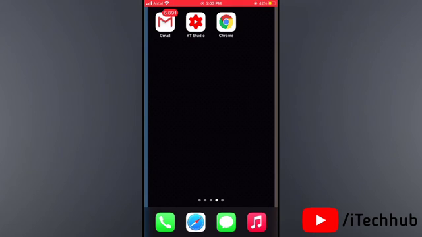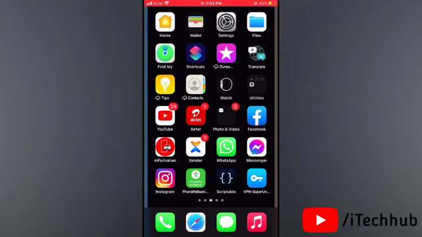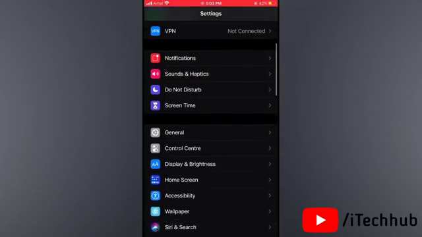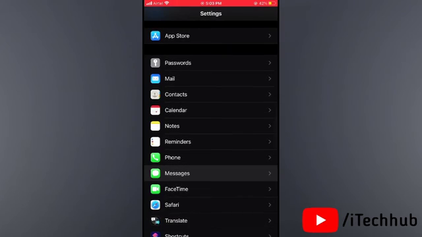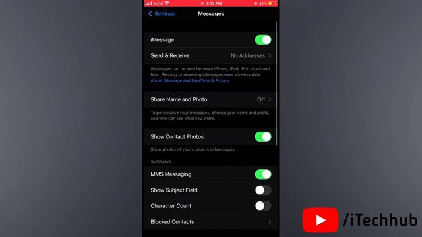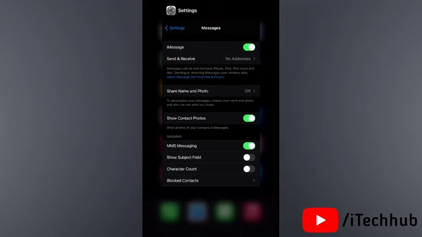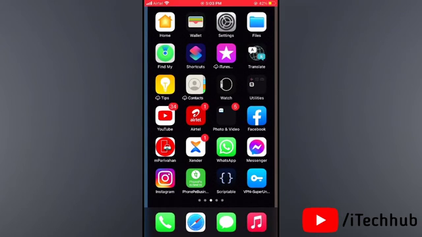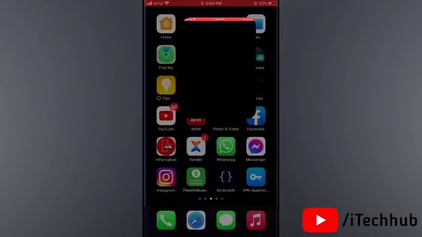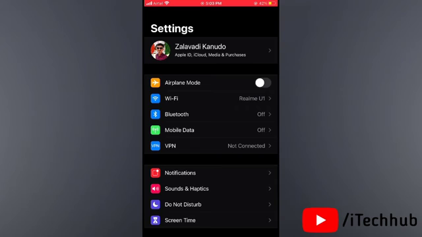So guys, the first solution is force quit the Settings app and reopen it on iPhone and iPad. First of all, open the Settings. In Settings, scroll down and tap on iMessage. iMessage opens. After that, double tap the home button. Then force quit the Settings app and reopen it again on iPhone and iPad. And it's easy to fix your FaceTime stuck on verifying mobile on iPhone and iPad.